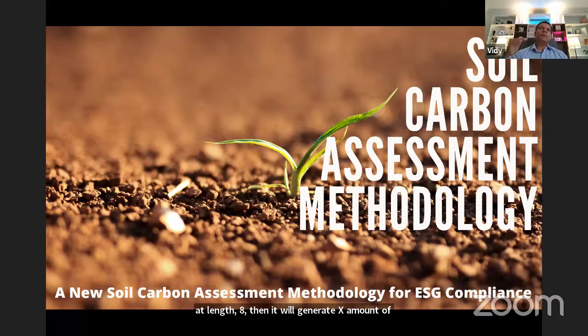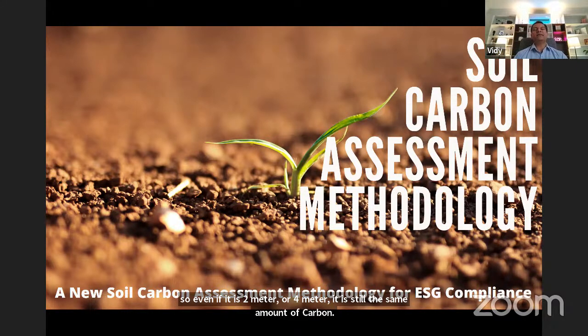If the plant grows from 2 meter to 4 meter, ideally in the real world, the carbon that will be sequestered will be much more, right? However, there is no option in that method. So even if it is 2 meter or 4 meter, it is still the same amount of carbon. So there are loopholes like that, or some weaknesses in the existing models or existing methodologies.